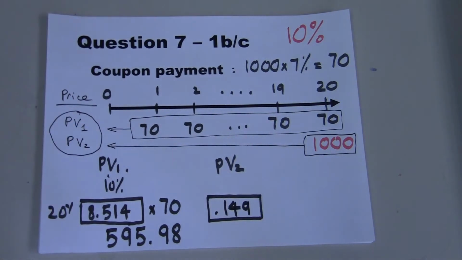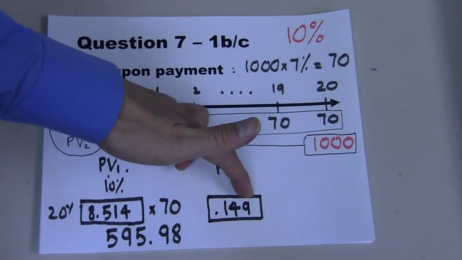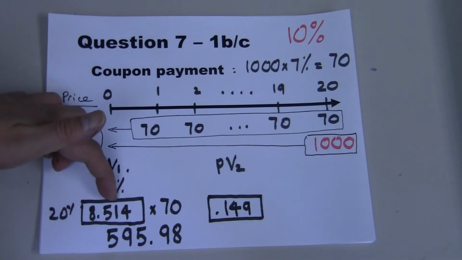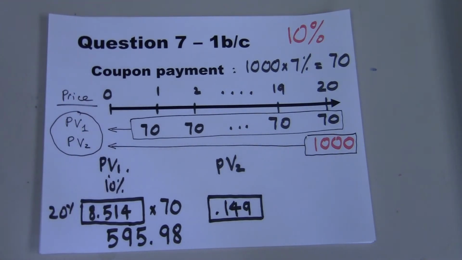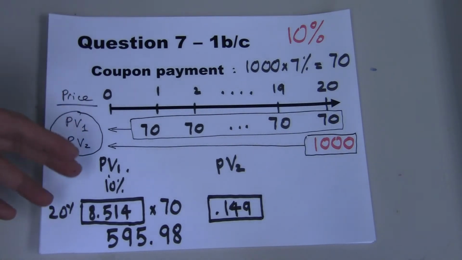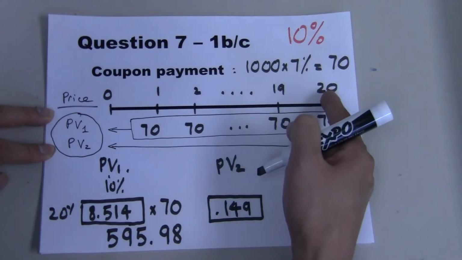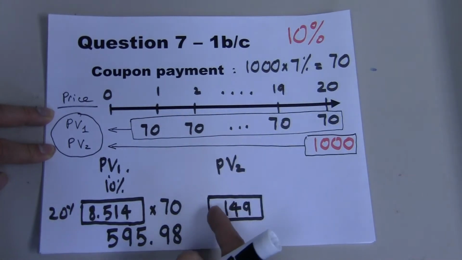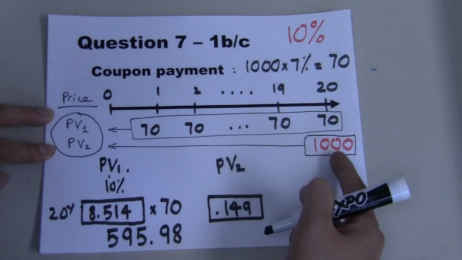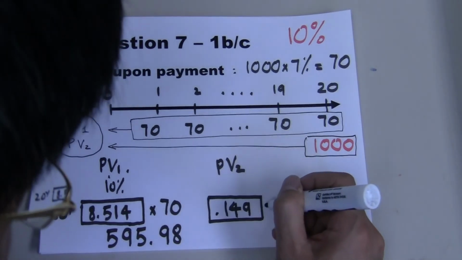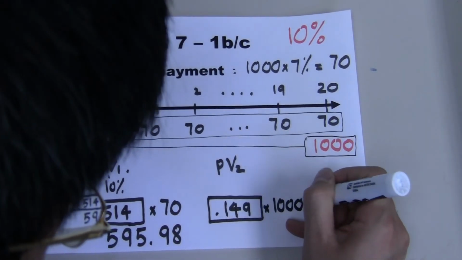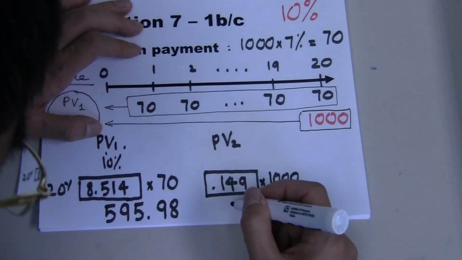Now if you're not clear about what 0.149 or 8.514 mean, you should look at the video in chapter 5. We have a number of problems on using those tables. The present value of $1 20 years from today is 0.149, and now we are talking about 1,000. So we simply multiply that by 1,000, and we have